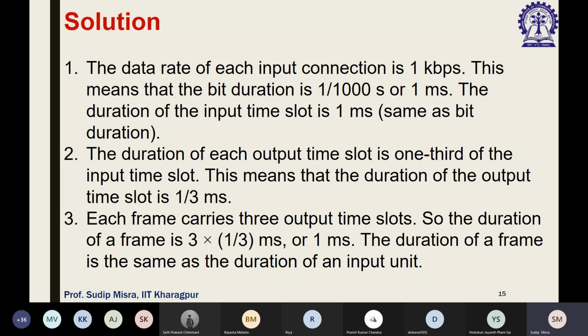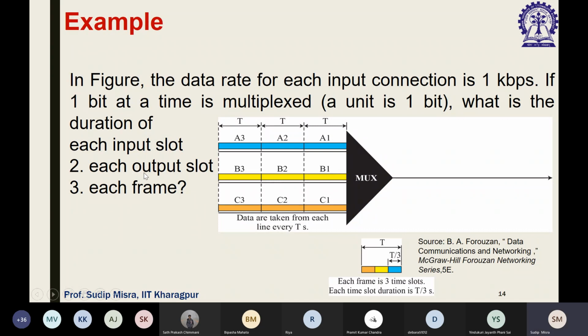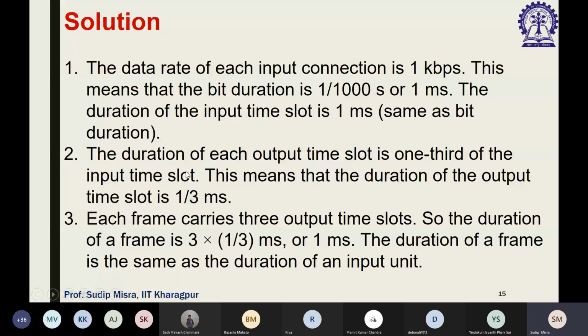Now the second question was what? The duration of each output slot. So if 1/3 of the slot is occupied, right? The input time slot is 1 millisecond. So the duration of the output time slot is going to be 1/3 millisecond,